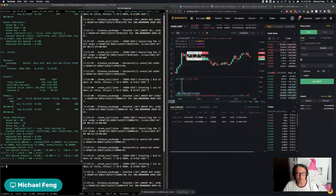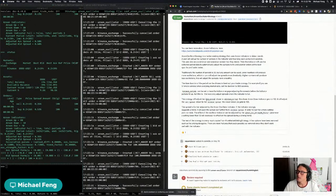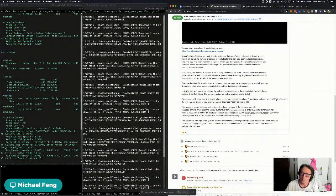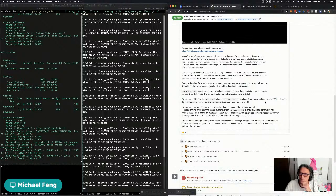I will say, however, that when I looked at this strategy as a user, I'm actually not sure I would do exactly what this strategy does. The reason is that the description of the strategy says it will adjust the bid spread closer to minimum spread the closer this down indicator gets to 100, and it'll push the ask spread closer to minimum spread when the up indicator is approaching 100. To be honest, as a market maker, I think I would do the opposite. If the Aroon down indicator is going to 100, and that indicates a bearish market, as in the price is going to go down, I think you actually want a larger bid spread. You actually want